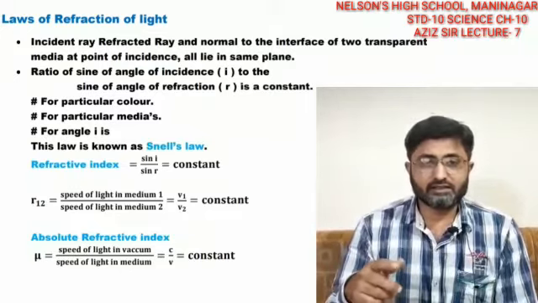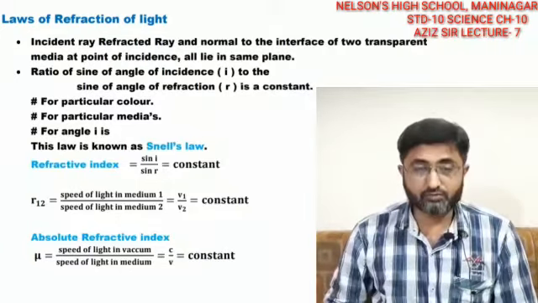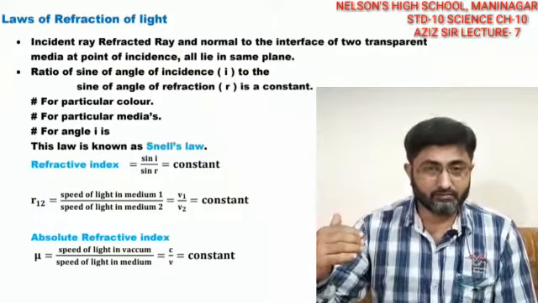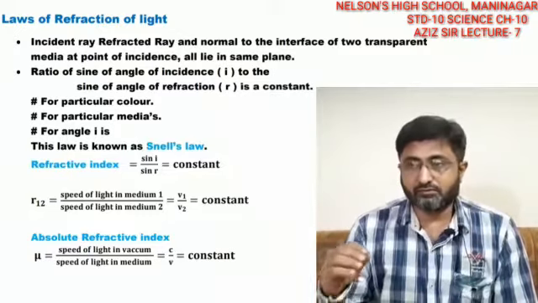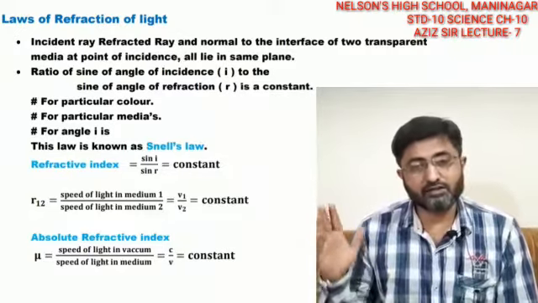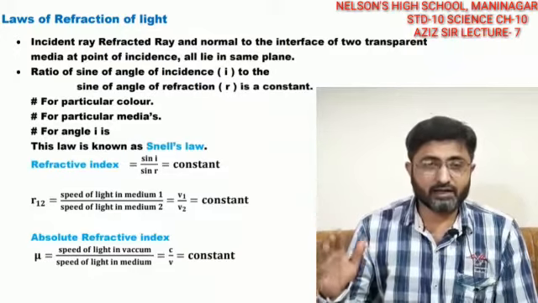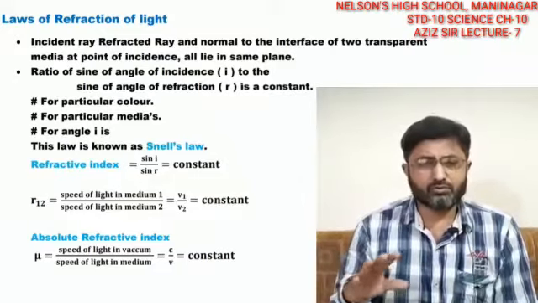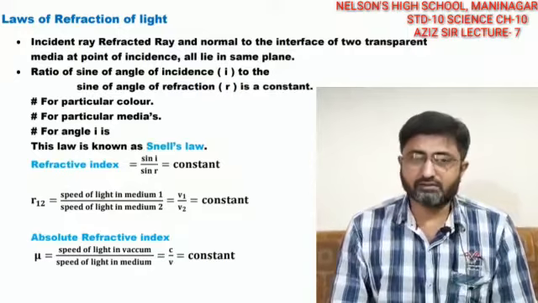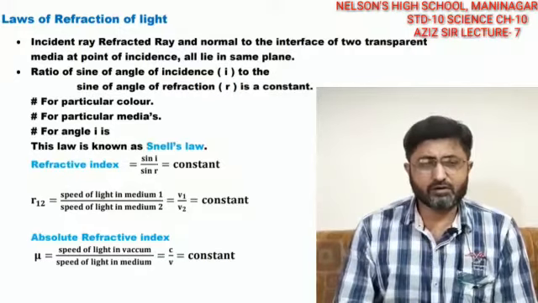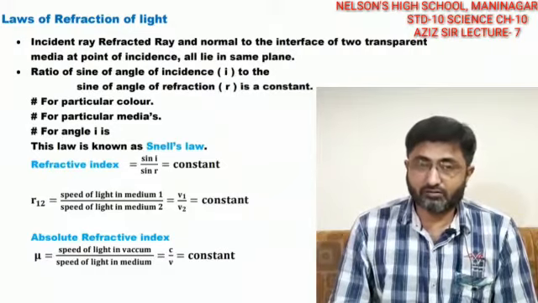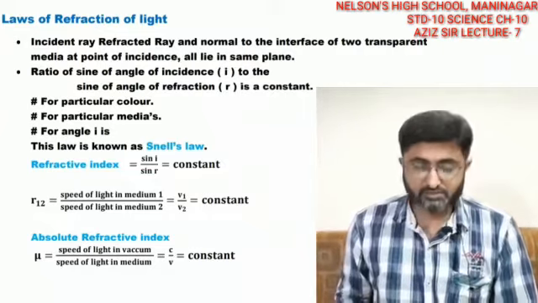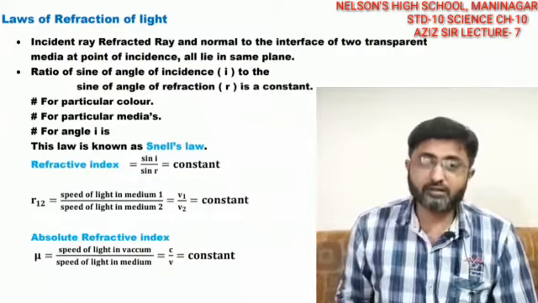Now what does it suggest? The refractive index is the ratio of the speed of light in two media, such as the speed of light in air with respect to the speed of light in vacuum. The speed of light in vacuum is the top speed, 3 times 10 raised to 8 meters per second. The speed in air is almost the same, slightly less, almost 1. But in other media the speed does not remain 3 times 10 raised to 8. The speed changes, and that change in speed is always constant. That is the refractive index.